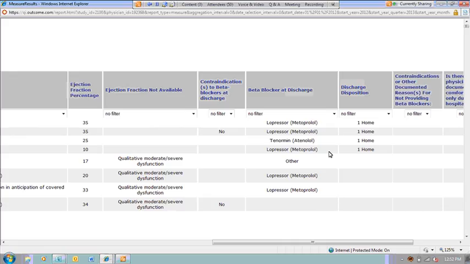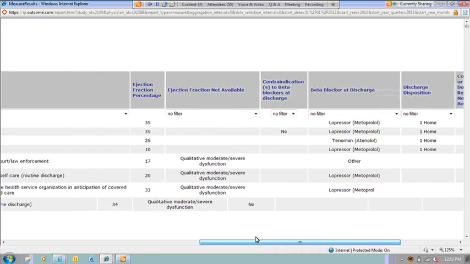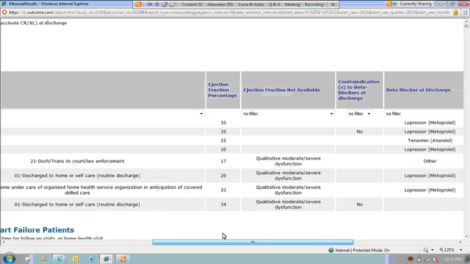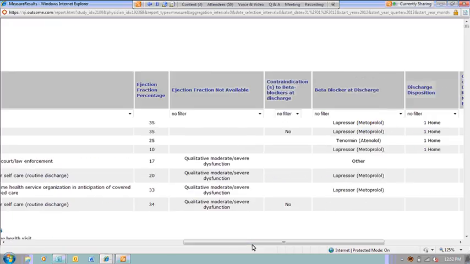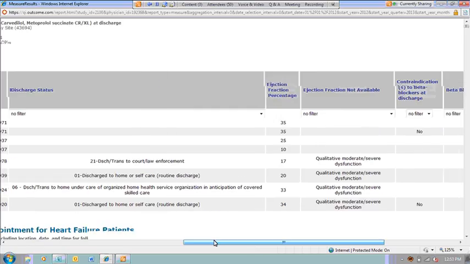The majority of them look like they were given Lopressor, or metoprolol tartrate, instead of metoprolol succinate, or Toprol XL, which is the evidence-based beta blocker. So it tells us why we're not meeting that evidence-based beta blocker measure, as it looks like Lopressor is a common beta blocker being prescribed when we really need to be giving metoprolol succinate. It's not that you're not giving a beta blocker, it's that it's not an evidence-based beta blocker, and so we may need to look at those prescribing patterns.